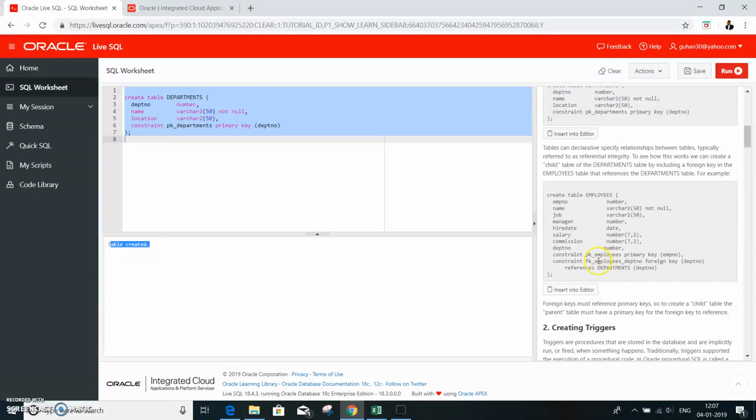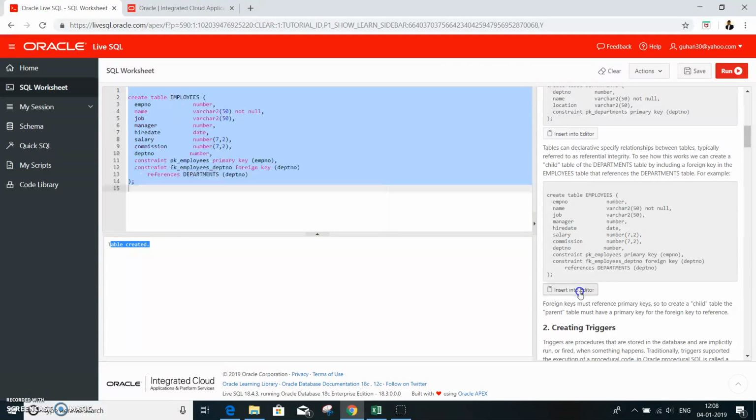Similarly, there is an employee table with a primary key as employee number and foreign key as department number. I need to insert, so it gets into the editor, and then I can run it. So yeah, the table is already created.